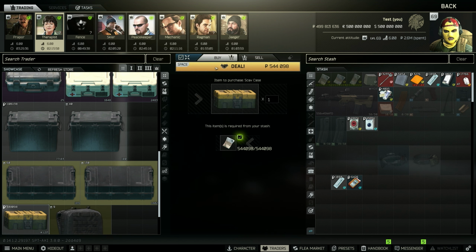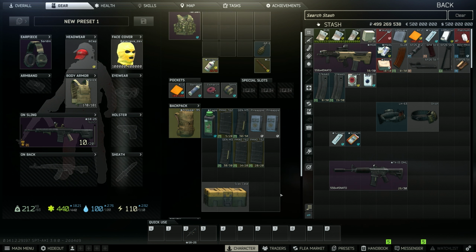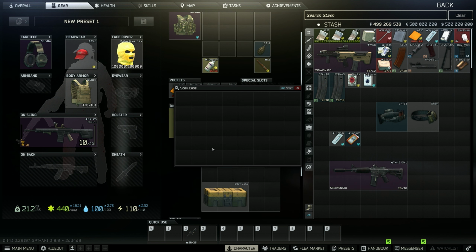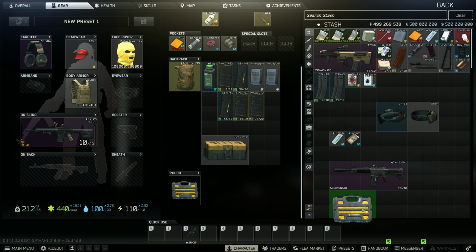Let me go ahead and buy this. I've actually never even tried to do this before. Let's see. Can you put this in a backpack and take... Oh, okay. That's the benefit of this. You can actually put it in a backpack and take it in raid with you if you want to. If you want to be an absolute Chad and you want to try to take that...